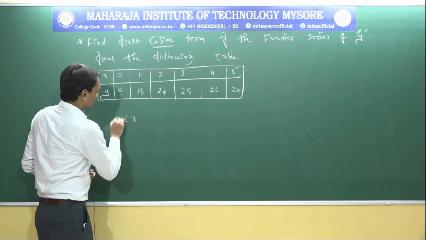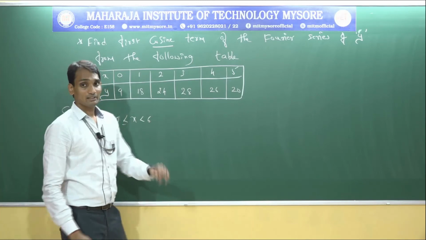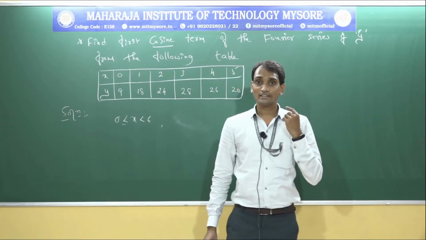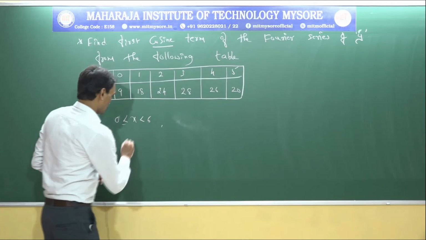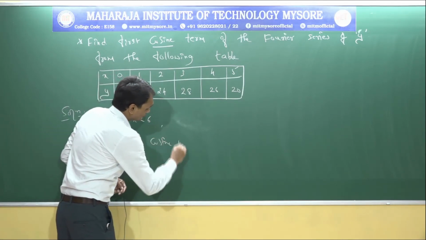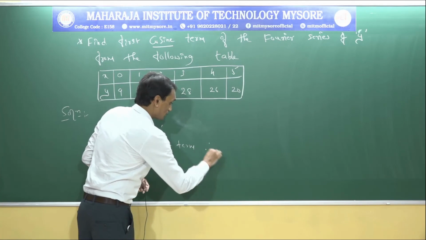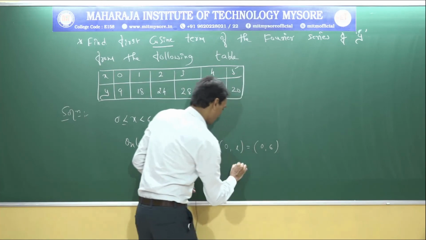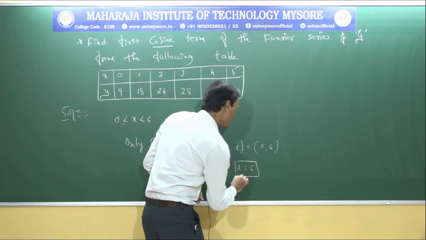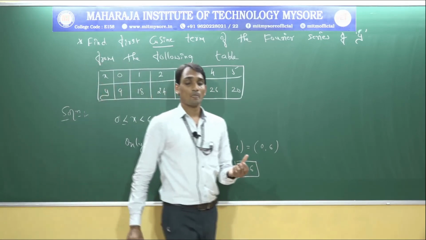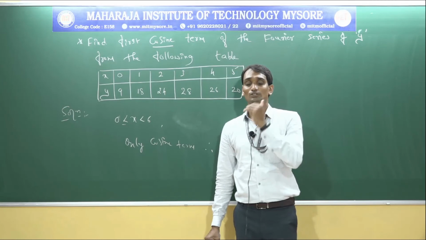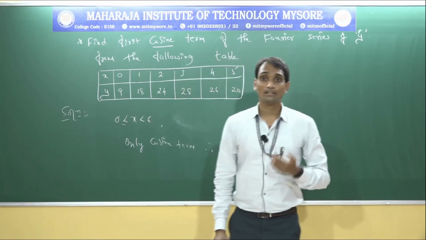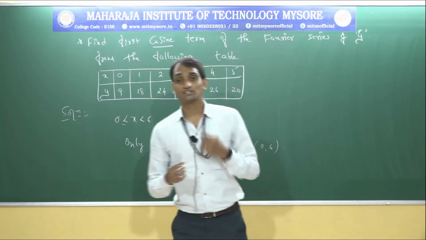Now the first thing is x greater than or equal to 0, less than 6. This is x greater than or equal to 0, less than 6. While calculating the L value, only the cosine term, therefore we need to compare 0 to L with 0 to 6, that is L equal to 6. If only the sine term, we need to go for 0 to L with 0 to 6, the given interval. But if you are calculating both sine and cosine, we need to apply the formula L equal to (b minus a) divided by 2. This is very important.